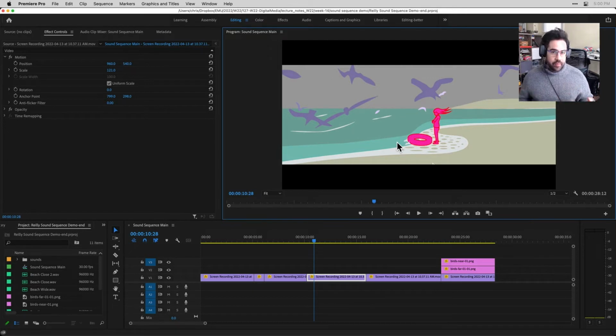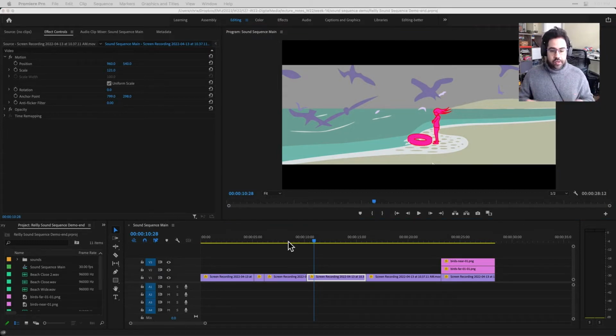To define what keyframes are, we need to back up a little bit and talk about how Premiere Pro handles animation. So in Premiere, we think of animation as the changing of an effect's properties over time. And a keyframe is something that helps us to mark the value of an effect property at a specific time in our sequence. To get some sort of change or animation happening, we need at least two keyframes, a beginning state and an ending state. And in between those, Premiere Pro will interpolate changes between the keyframes of whatever effect property we're animating.